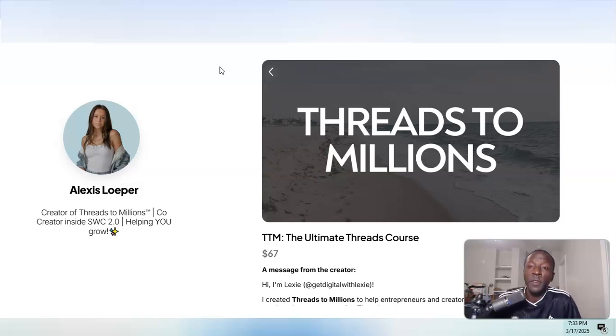So it is going to be one of those things. I haven't done this before, so I don't know what kind of results to expect, right? Like what kind of results I'm going to get. I've never done this particular style with Threads in particular, so that's going to be interesting, to say the least. I can put it that way, right?